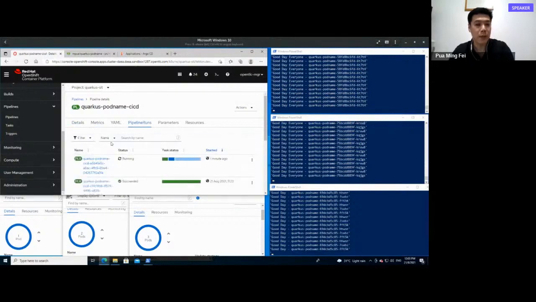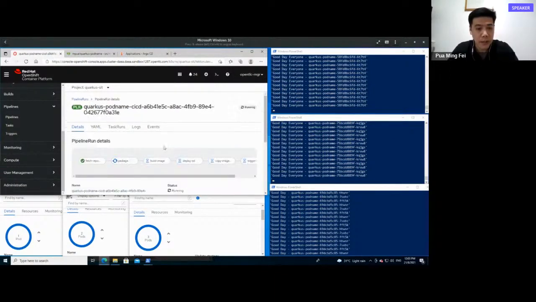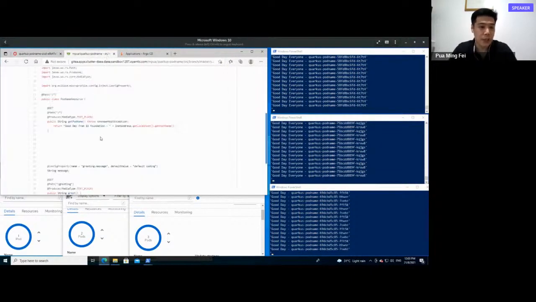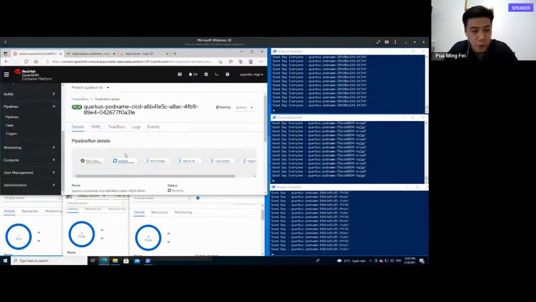Okay, the pipeline has been triggered, and if you see from this pipeline detail, it contains all the steps, like fetching from the repo. Once it fetches from the repo, where we have this application that prints a message of good day plus the host name, it then does the compilation of this code. These are Java applications based on the Quarkus runtime. It does the compilation, and then once it has compiled the code,